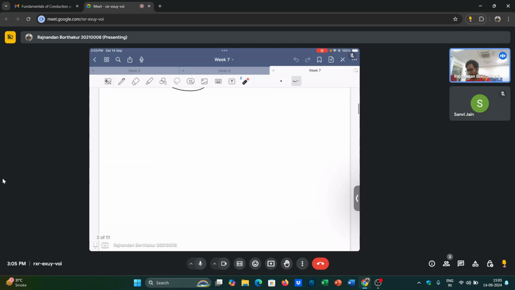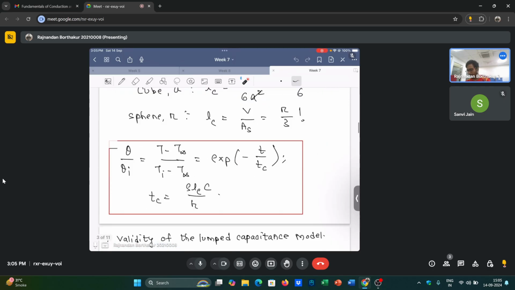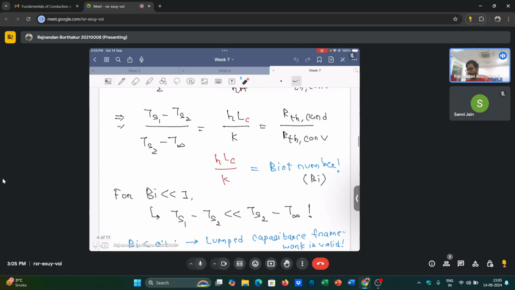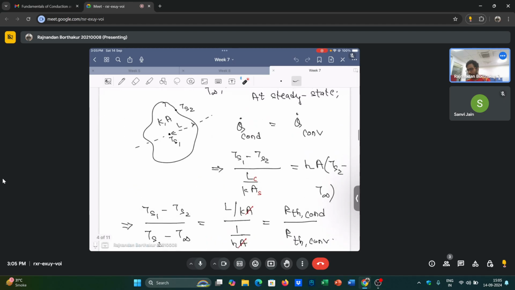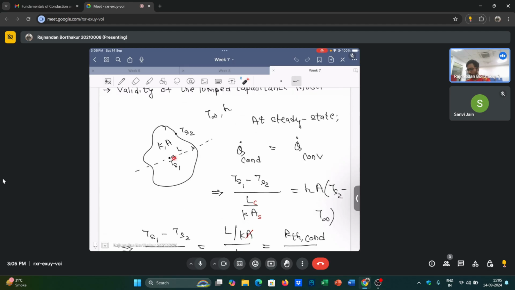So we established, by doing a steady state analysis, keeping in mind that the conduction fluxes become equal to the convective fluxes at steady state,